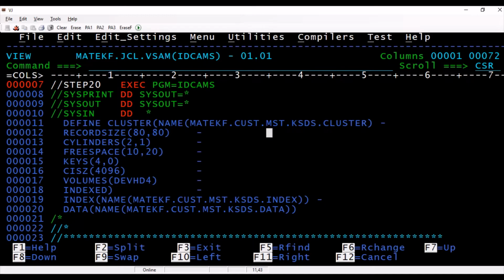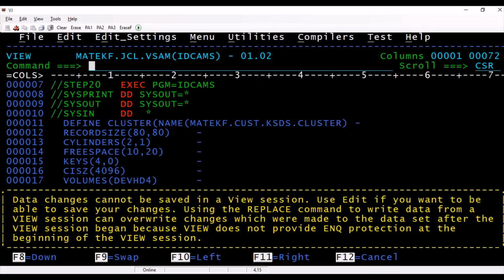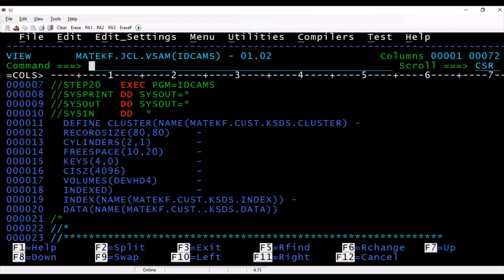So let me change this to customer.ksds. Okay, yeah, let me change this to customer.ksds. And another thing, why do we need this